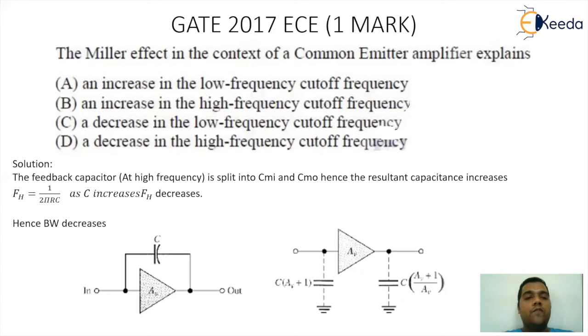So overall, what do you observe? The bandwidth will decrease. So this is the basic understanding, that whenever we talk about rise in the capacitor value, the frequency value will decrease, and hence the bandwidth will decrease. So what has happened due to this? What is the overall impact of this? When we talk about the higher cutoff frequency, you will definitely find that due to the impact of capacitance, the frequency value will decrease.